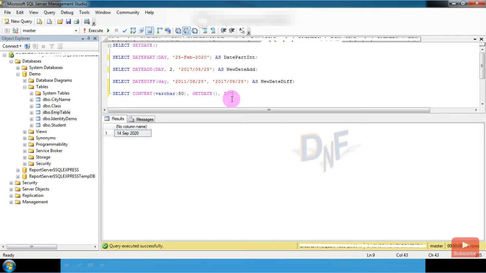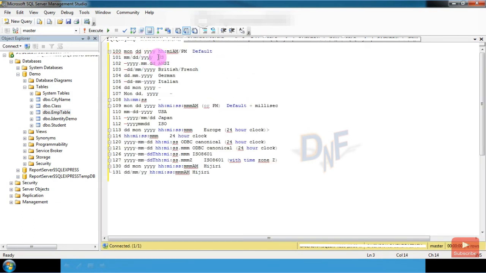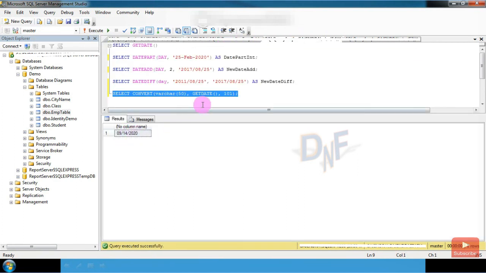It displays month, date, and year. So you can see these SQL functions are very useful and helpful when we work on dates.